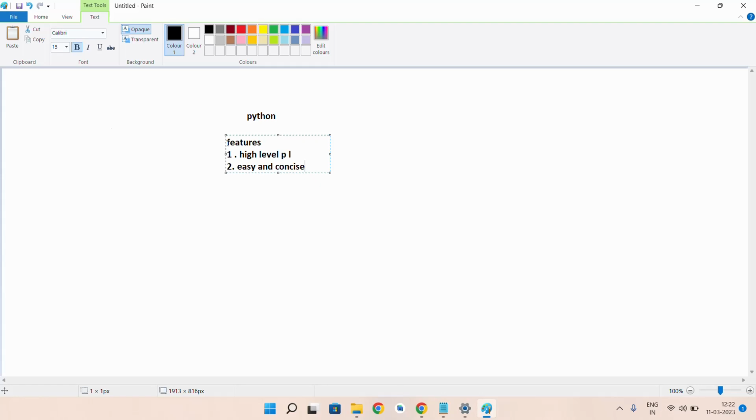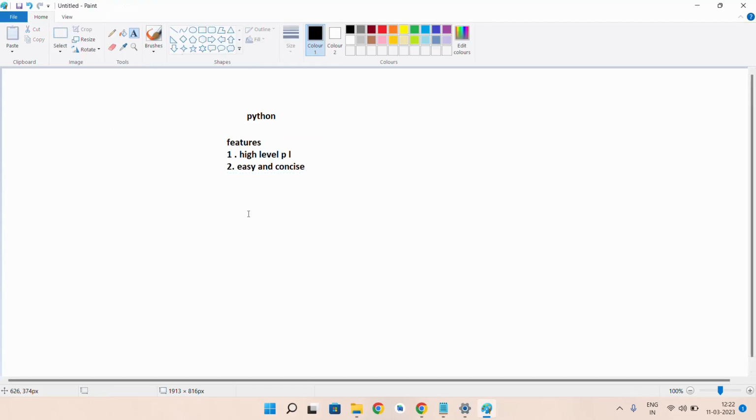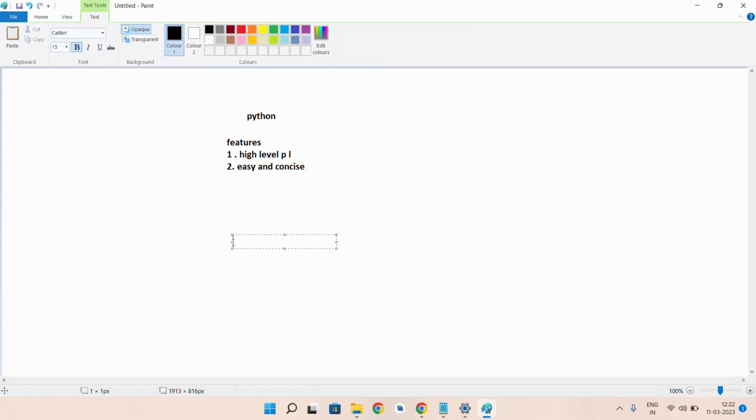If you want to print hello world in C, at least it will take 4 lines of code.